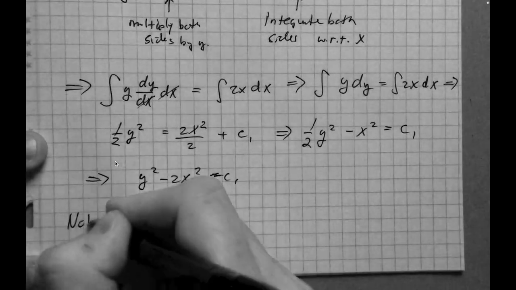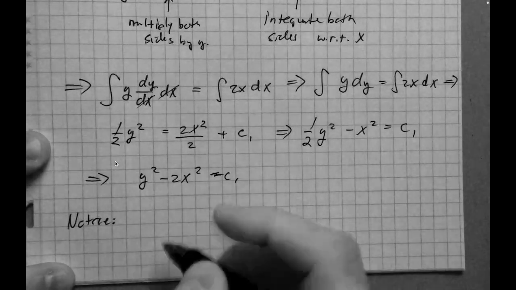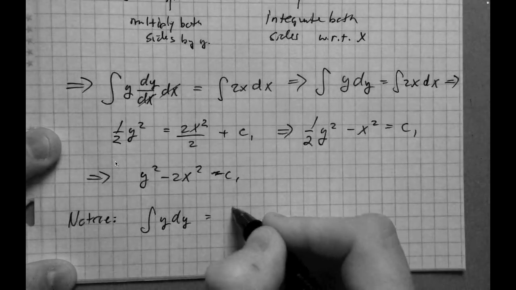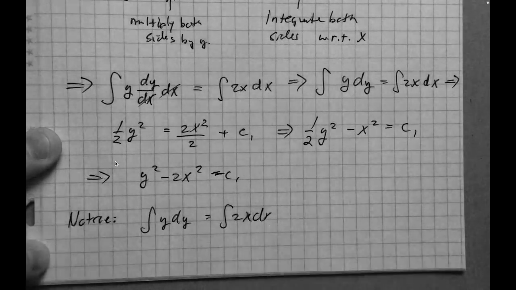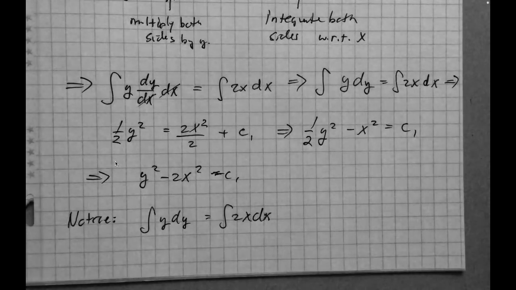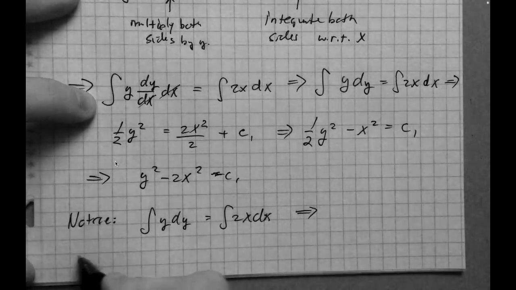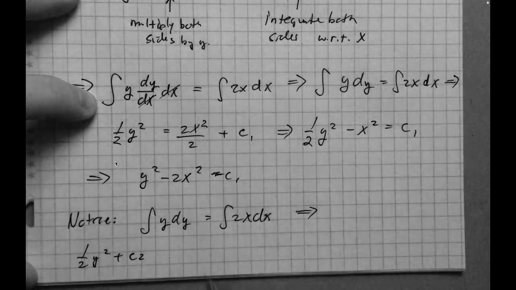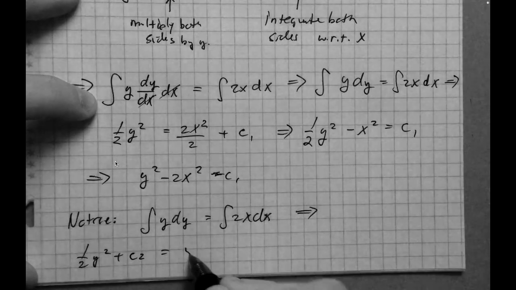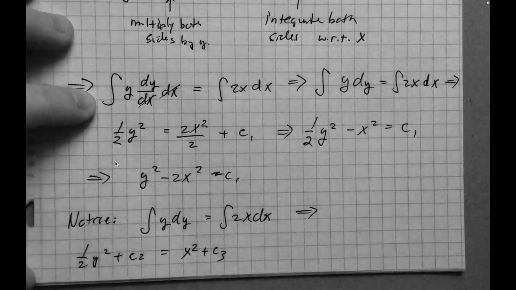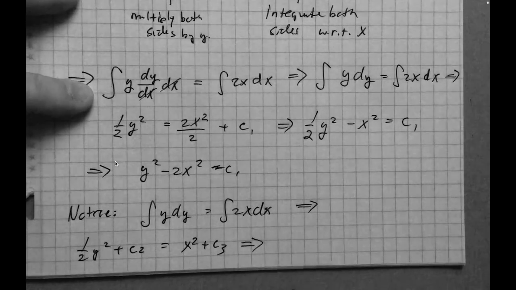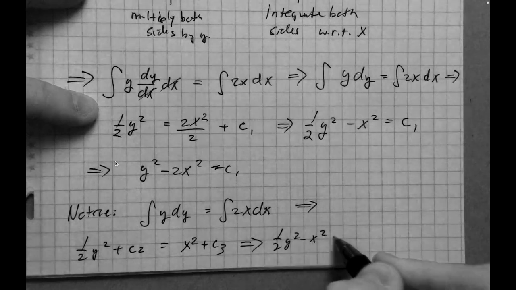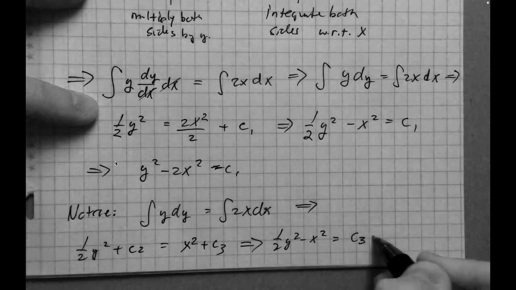Okay. Now let's talk about the constant here, the constant of integration. So notice, if I go back a couple steps and I've got my integral of y dy equals integral of 2x dx, right? And I go back to that. If I integrate this and I put a constant on both sides, okay, like so, you can see that I could easily then do the algebra here, and I would get 1/2 y squared minus x squared equals c3 minus c2,